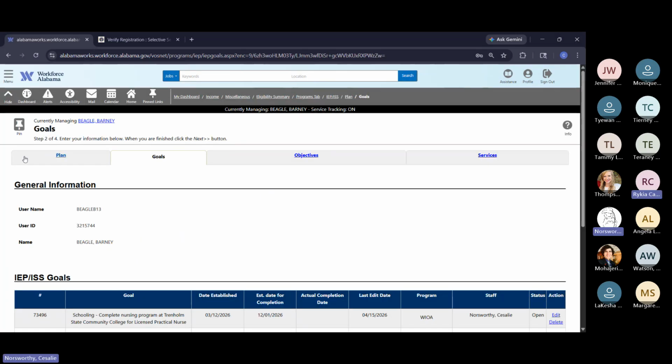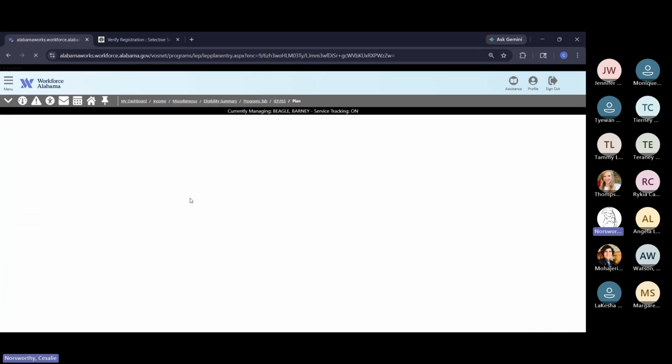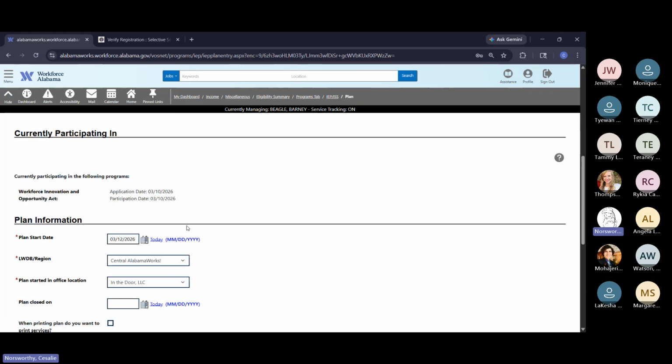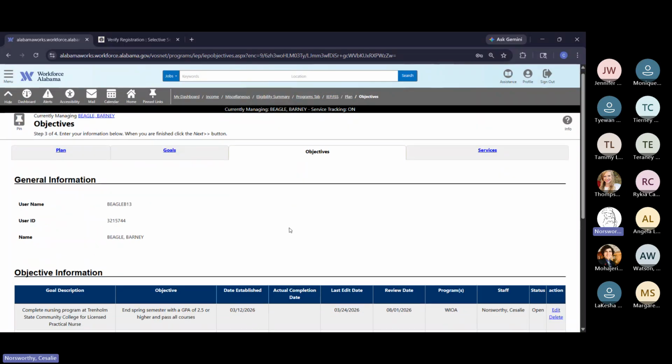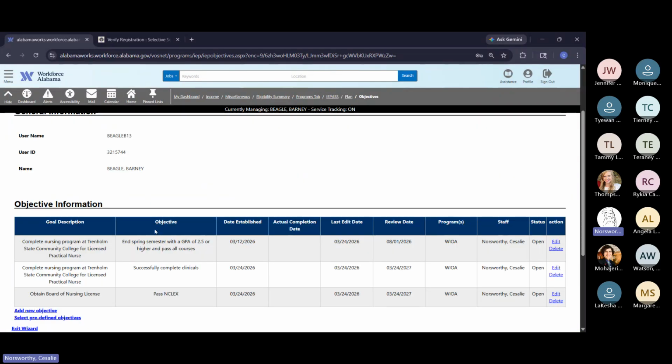And that date is going to be the same date as here where you see plan. So that date that you entered in for the plan start date. And then that's the same as for the objectives. For this person, for their goal of completing nursing program at Trenton,